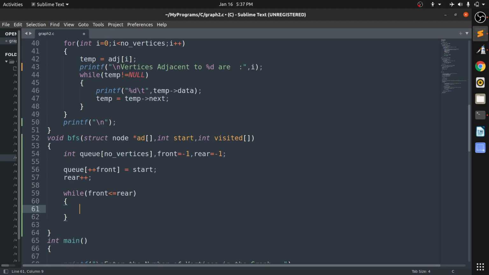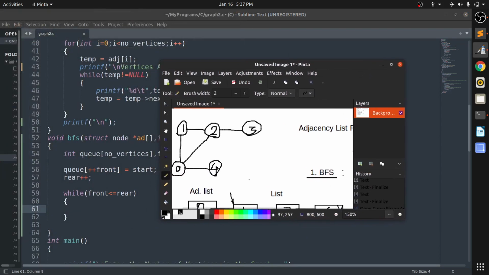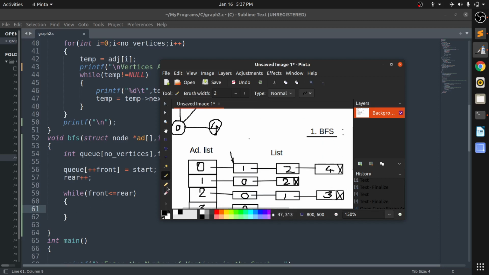Okay, so in the adjacency matrix we have to take one variable that is pointing to the queue of front, and we will check that element in the adjacency list. But here we are dealing with a linked list.